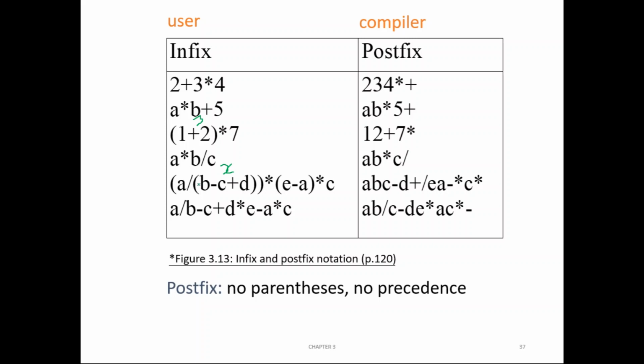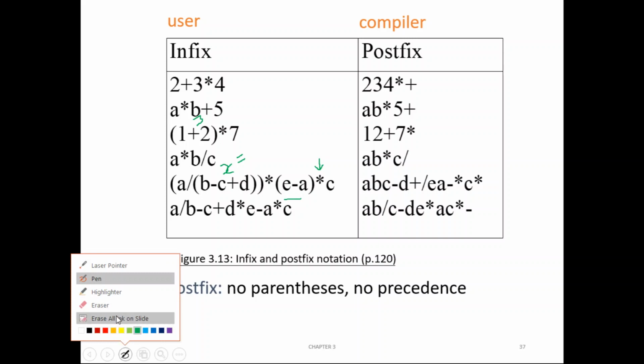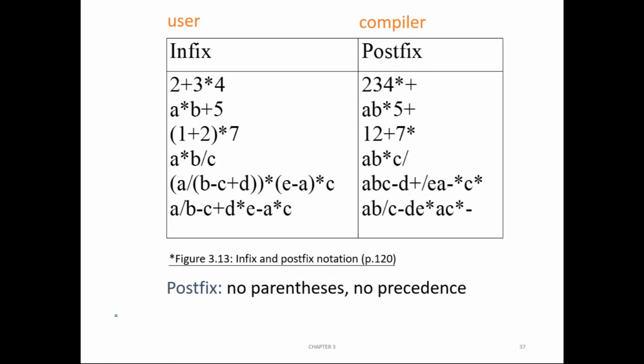Okay, then this star is coming between this a by x, which can be treated as one thing. Finally it will evaluate to one value, right? Say a by x is equal to some value, so that into e minus a. So here also star is coming between two operands, and that result into c, so this star is also coming between two operands, right? So likewise, if you see everywhere, if the operator appears between two operands, then such an expression is called an infix expression.